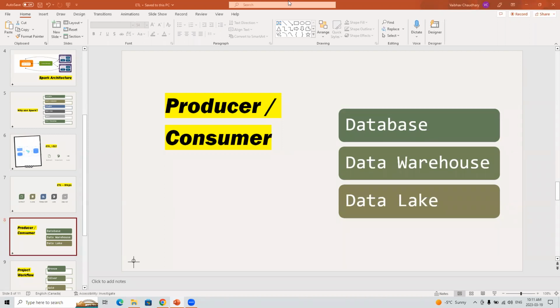Because maybe down the line, after 1 year, if your client tells you that they want data of that particular department, that particular location as well, then you have the data. Now you can quickly transform it and publish it on that report or Power BI. Correct. So I hope that makes sense. Is that clear, why we have the data lake concept? Any questions based on this?